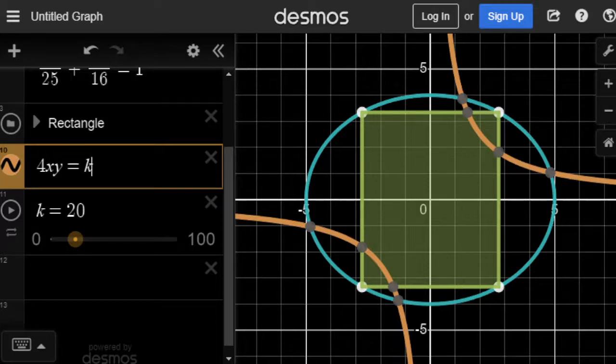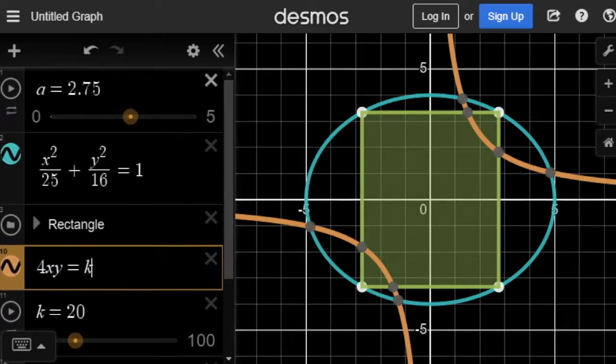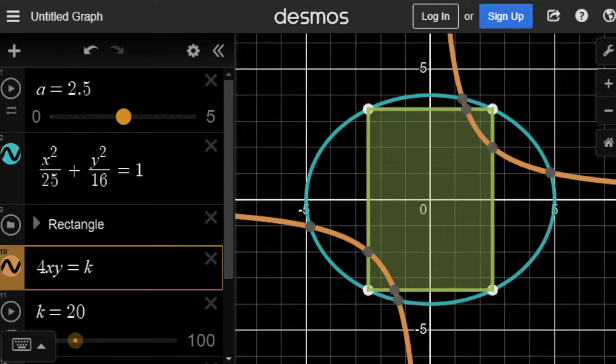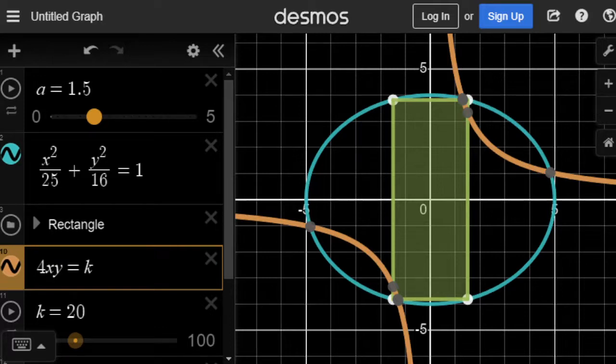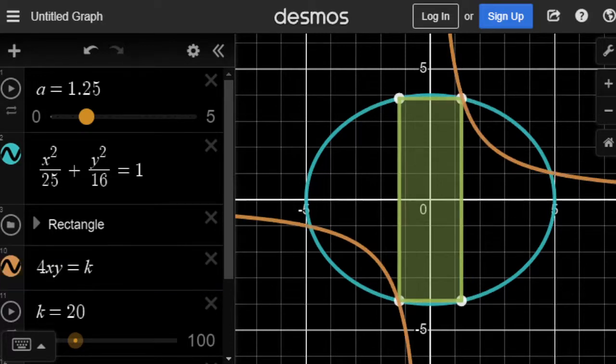But remember that this function, z equals 4xy, or f of x equals 4xy, is designed to calculate the area of the particular rectangle, the thing that's shaded in green. So if I move my slider on A so that those points come as close as I can get them, just eyeballing things, to the intersection point of that hyperbola, the reciprocal graph,